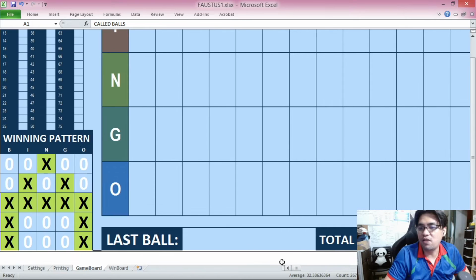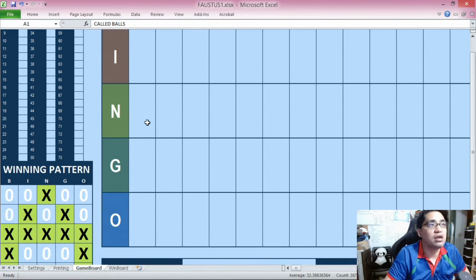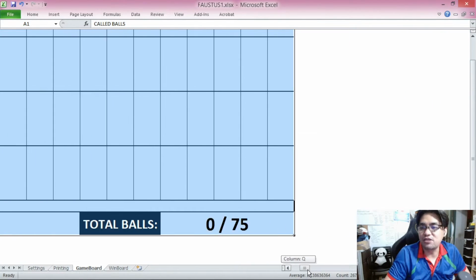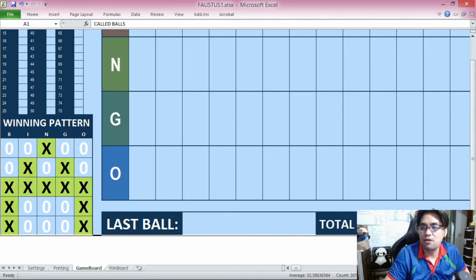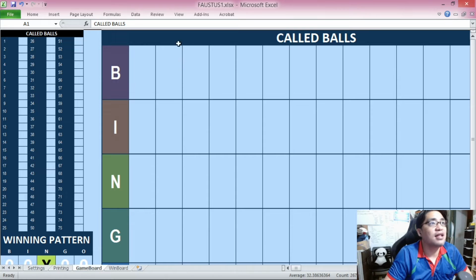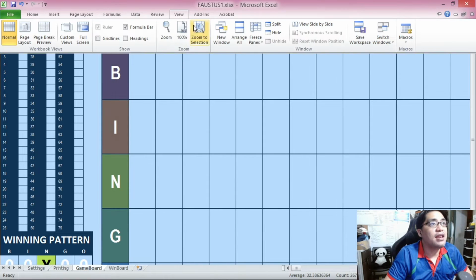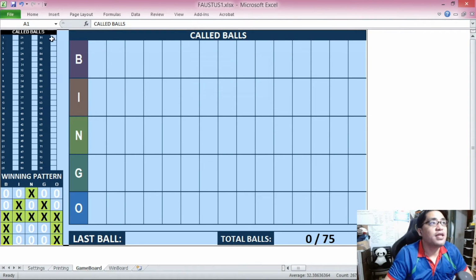So from the space that says called balls here, all the way to the space wherein you have the total balls here. Don't worry, we're gonna show later how to use this. And then once you highlighted that, click on view and then find zoom to selection. So when you find zoom to selection, what Microsoft Excel is going to do is it is going to find